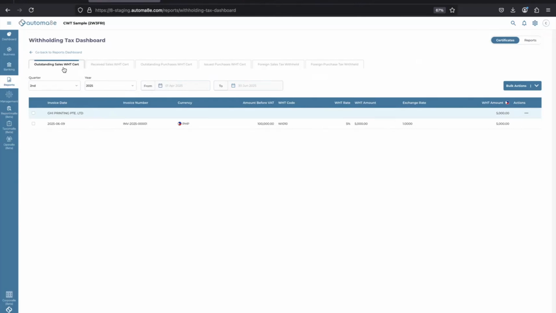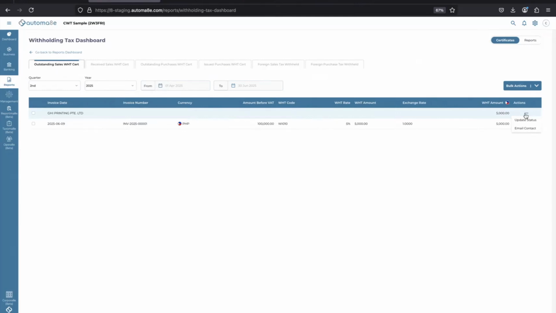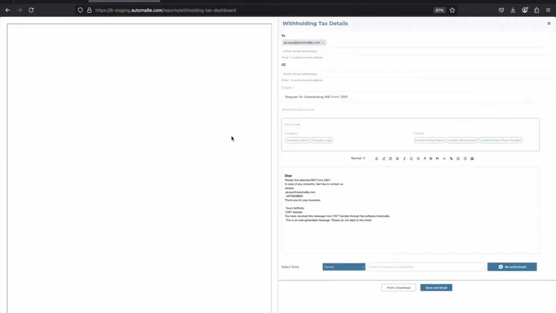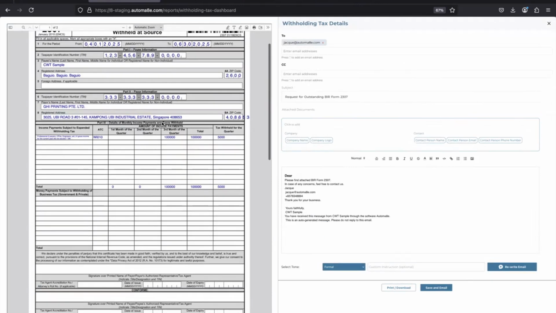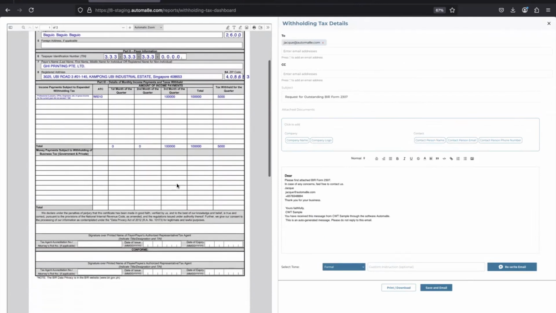So once it is not yet received, it's here. But once it is received, it will transfer into received sales withholding cert. So let's say here, we did not yet receive this particular withholding, then we can email contact. And then the system will generate now our